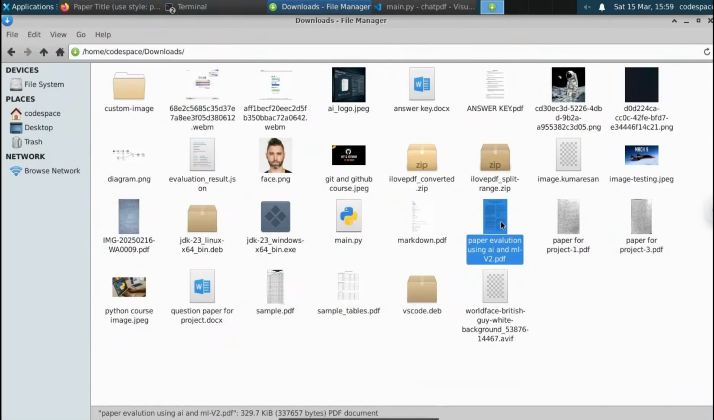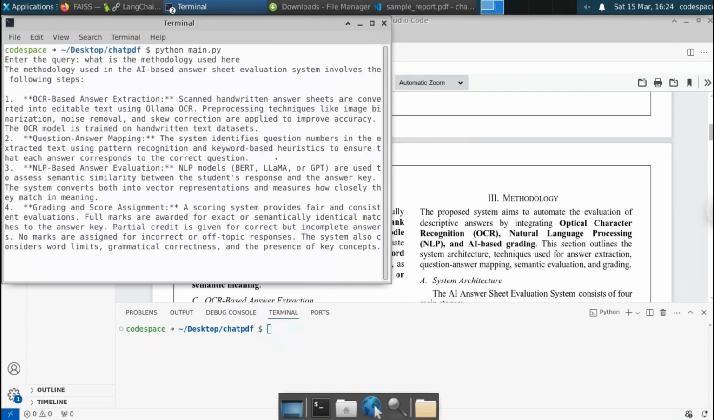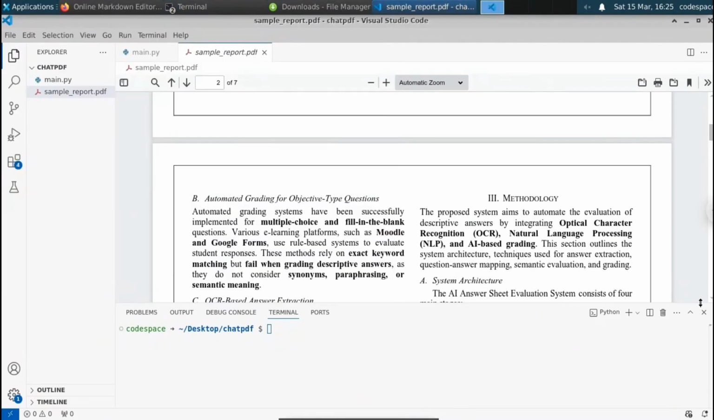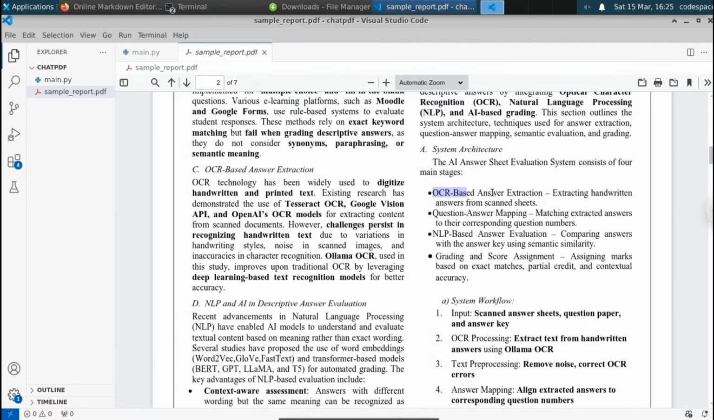Here you can see I have uploaded the sample research paper to this chat PDF. And for the first prompt, I ask what is the methodology used here. You can see that we get the response. Here we use the OCR based answer extraction and then question answer mapping and the LLM based answer evaluation. And finally, we use the grading and score assignment. This is what we have in the methodology report PDF also. You can see that in the PDF also we have the OCR based answer extraction, NLP based evaluation and the